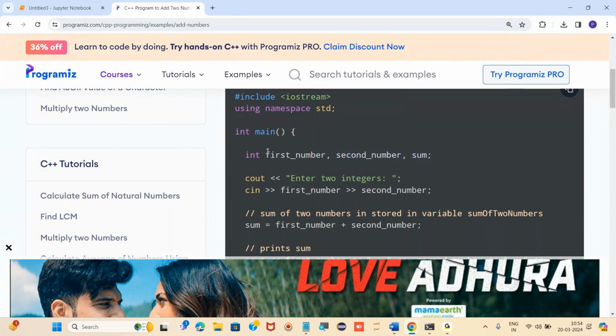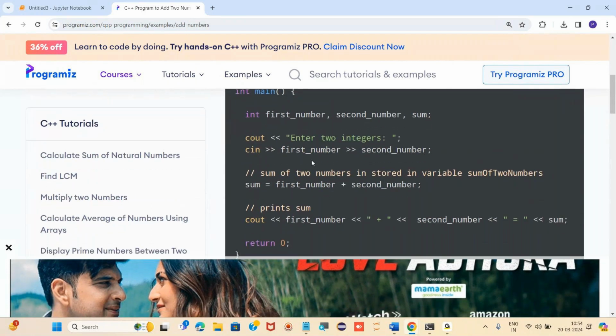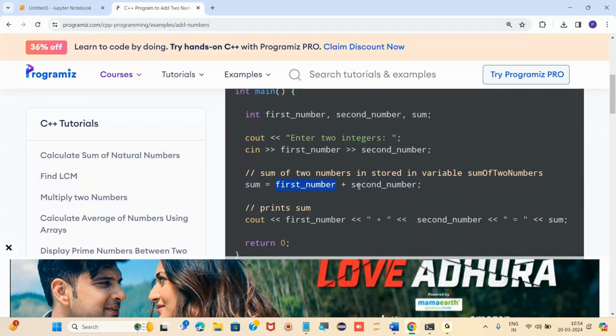So three variables we are taking to store the data. Sum is equals to first number plus second number.